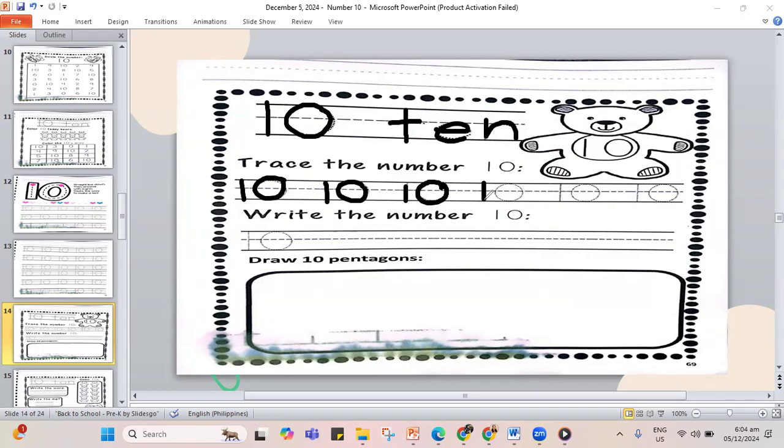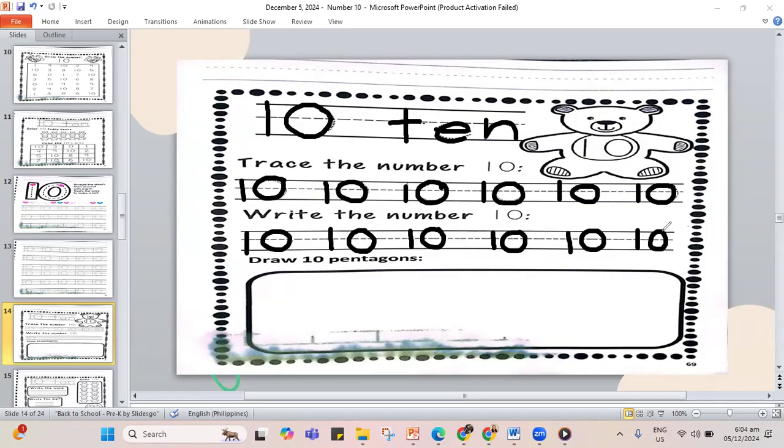Trace the number 10. 1 and a 0, 10. So I have here all our number 10s.